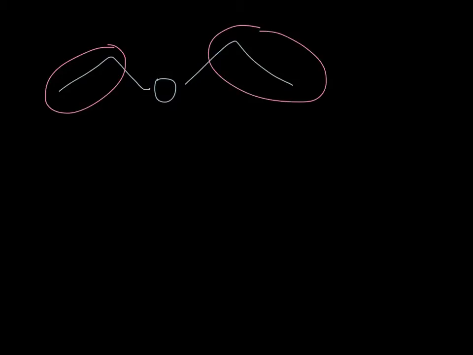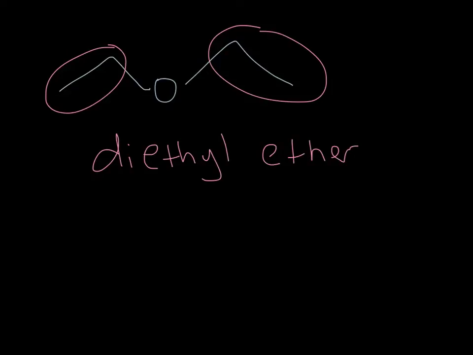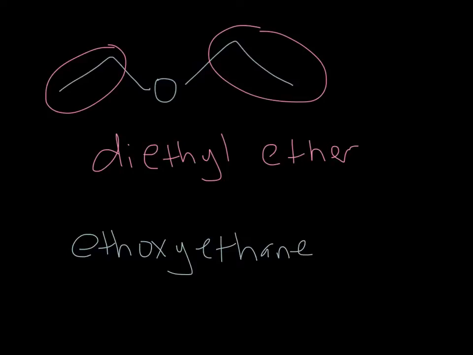So a lot of simple ethers are named by their common name. So for example, this guy here has two ethyl groups coming off of each side of it, so it's called diethyl ether. Alternatively, the IUPAC name would be epoxy ethane. So normally this chunk here would be the smaller